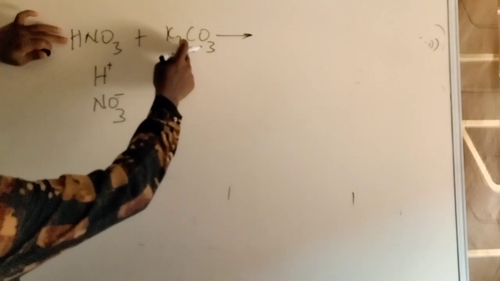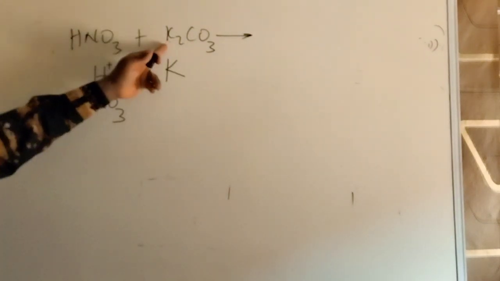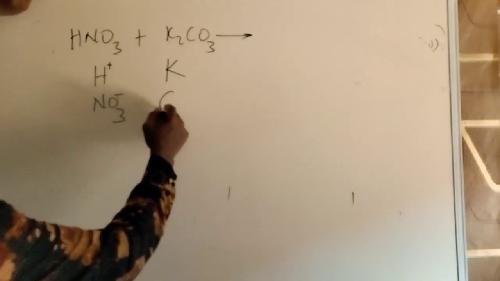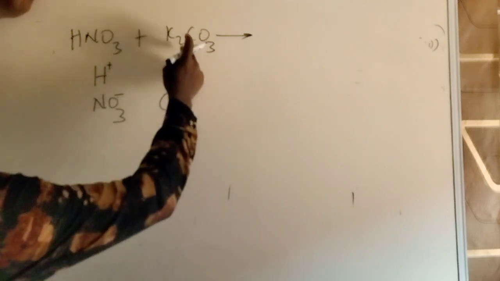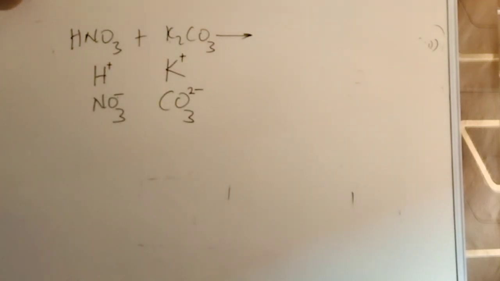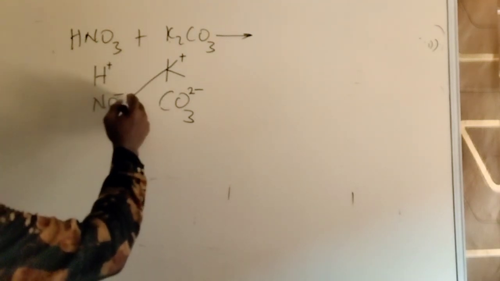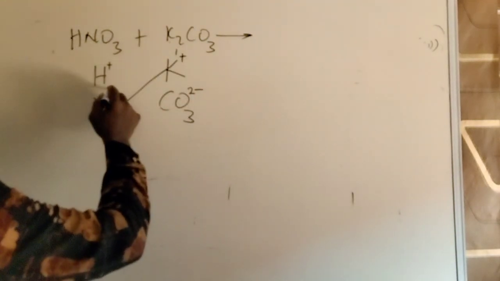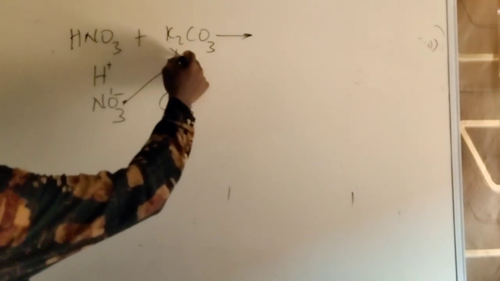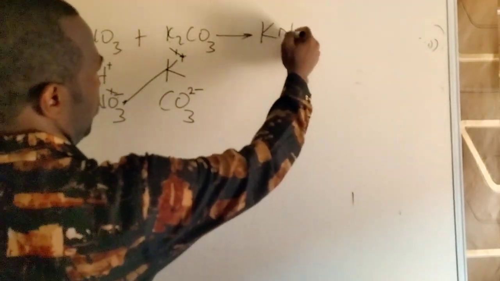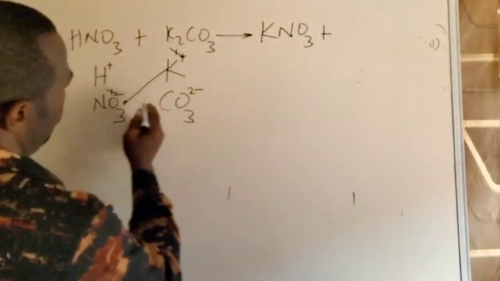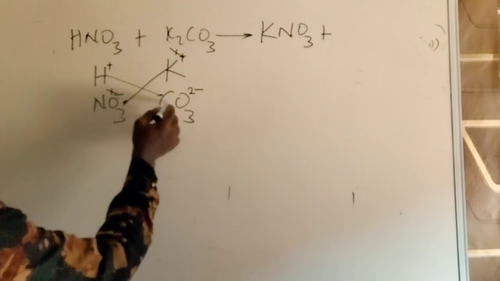The first element, K, the first symbol, I didn't go with the 2, because these 2 must have come from the other one. And then CO3 is -2, the charge, valency being 2. You marry unlike terms together, these 2 go together. The charge here is 1 and the charge here is 1. No need to change. Since they're equal, you just cancel the charges and join them together. Have KNO3 plus. Join these 2 together. When you join these 2 together, you get